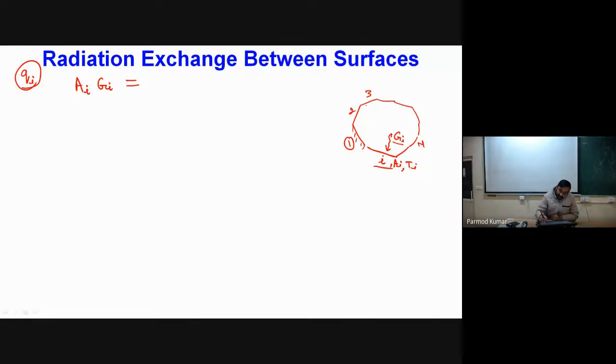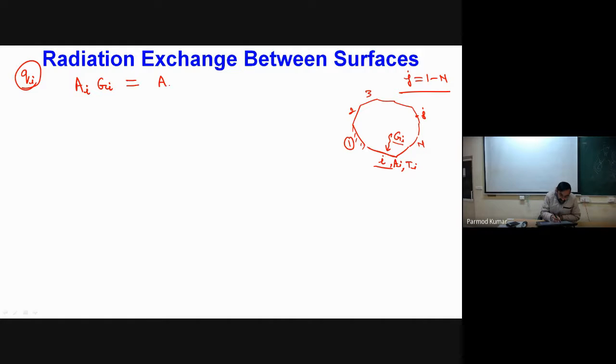From all the surfaces, now I want to determine this value of irradiation. Can I write it like this? Say j is my subscript for the individual faces, and I am considering that my value of j is varying from say 1 to n, if I have an n-face enclosure.